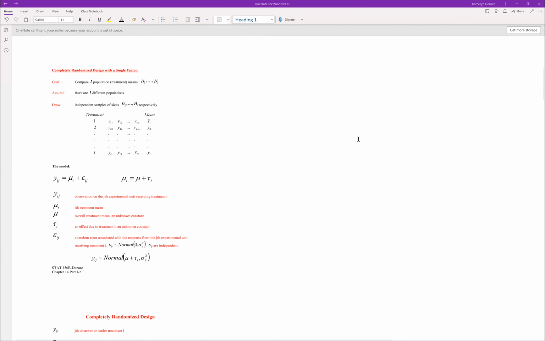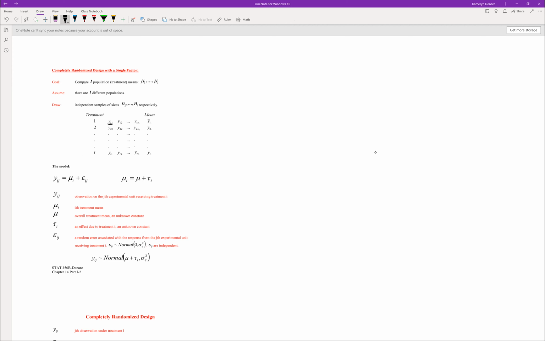All right. In a completely randomized design with a single factor, our goal is to compare T different population or treatment means. We're going to assume there are T different populations that we are studying, and the sample sizes that go along with those T different populations will be denoted N1 down to NT. So we can think of our treatments going from 1 to T, and then our observations will be